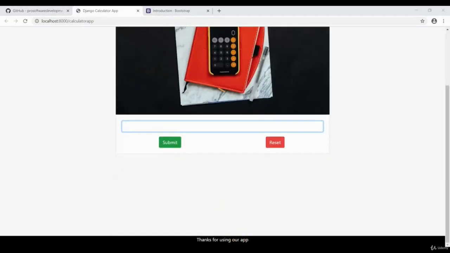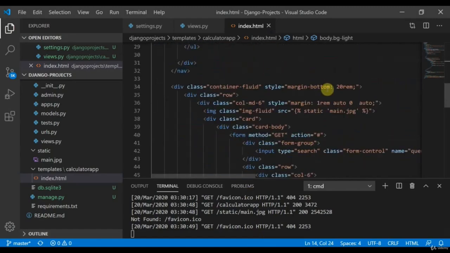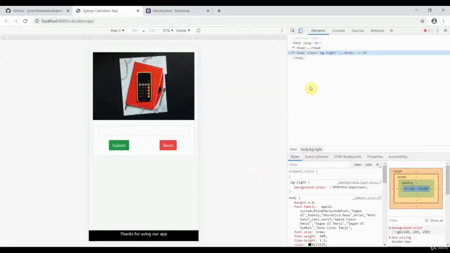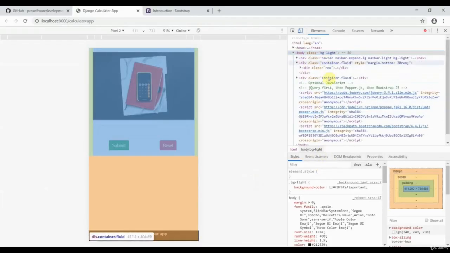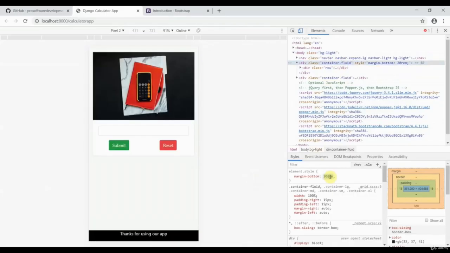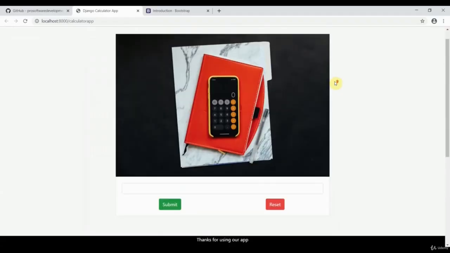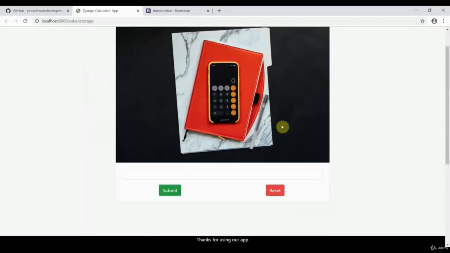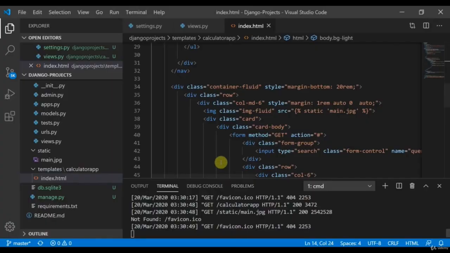One thing I had mentioned was the margin bottom here, so let me check this. Yes, this is the margin bottom. I have increased it, that's why I was saying I was trying to increase the margin bottom, because it would give you a flexible view down there as well, since next we are going to create the about part. So we'll give an about block,